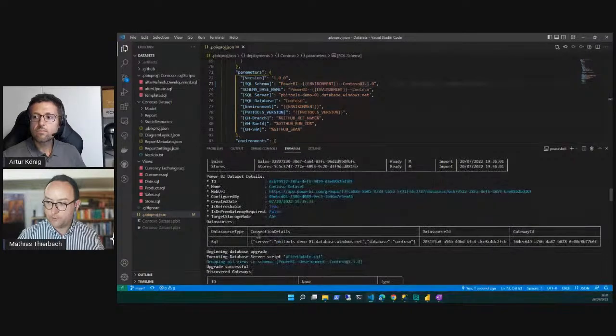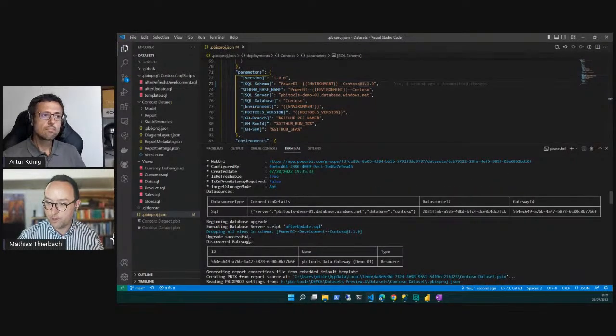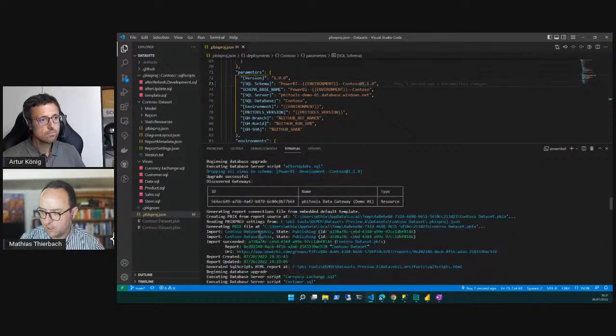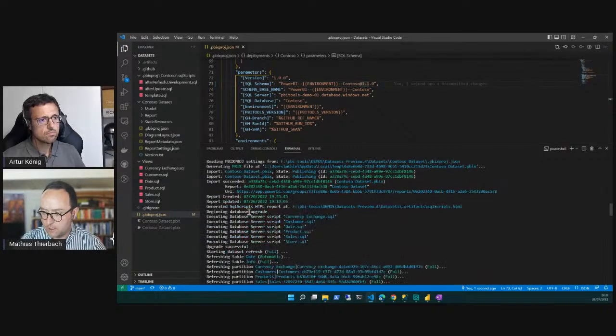Let's ignore this for the time being, and that one as well. So what's now happening is the update is complete. So the after update.sql script is running, and that one will basically drop anything in that schema. Because it's a new schema, there's nothing to be dropped. So this completes relatively quickly. And then